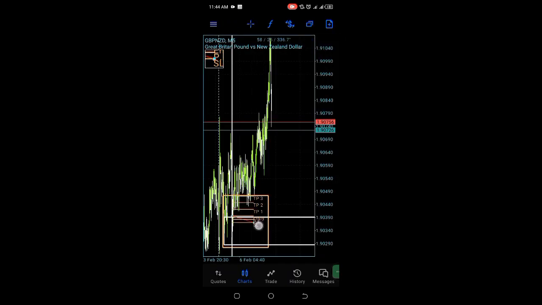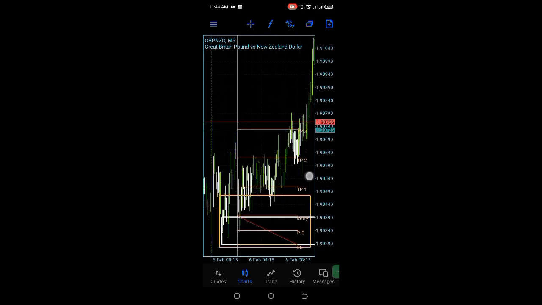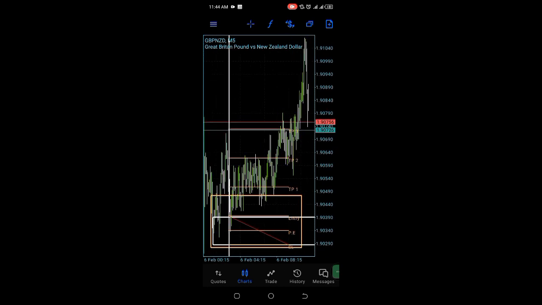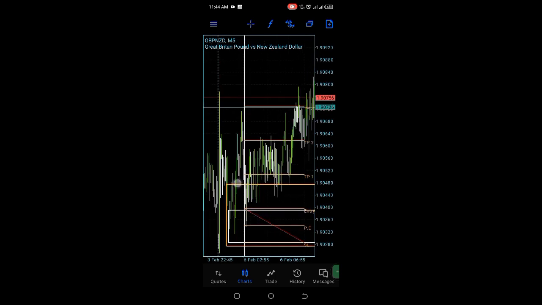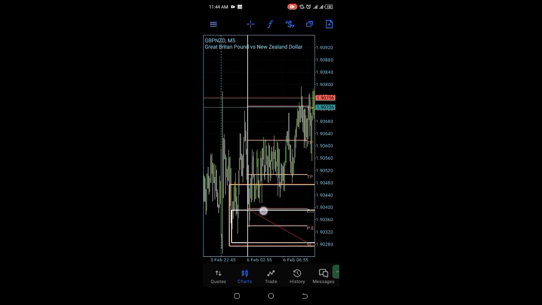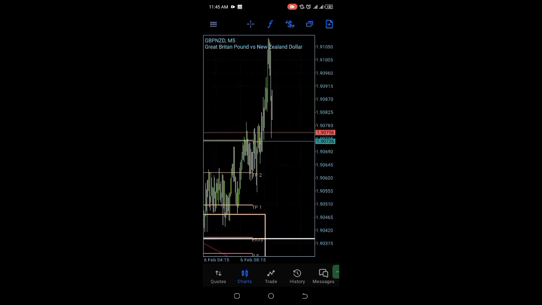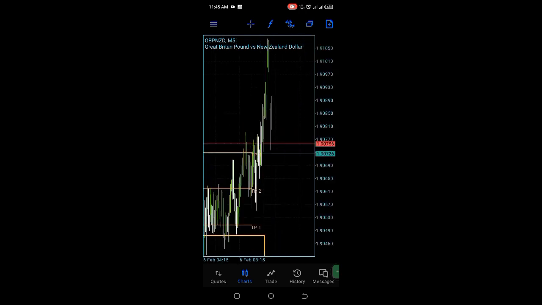I'm going to use my risk to reward Fibonacci tool here. Okay, so definitely you would have gotten in at least around within that white zone. Your stop loss is going to be here. Your entry just at that point, right there. So price had already moved TP1, giving you the TP2 and then giving you TP3. You would have had 4, 5, and of course probably had 6 at